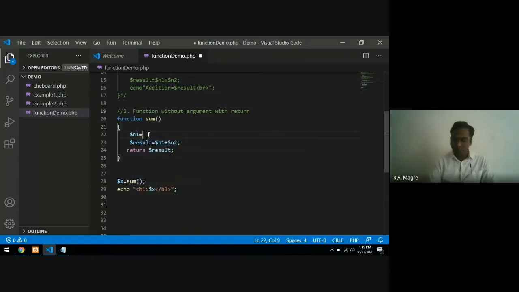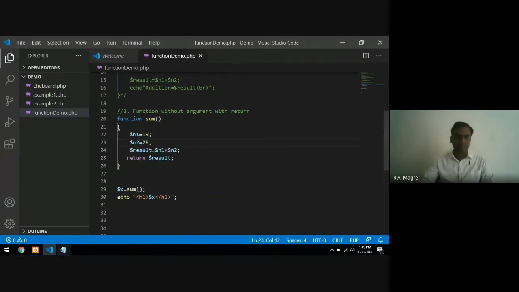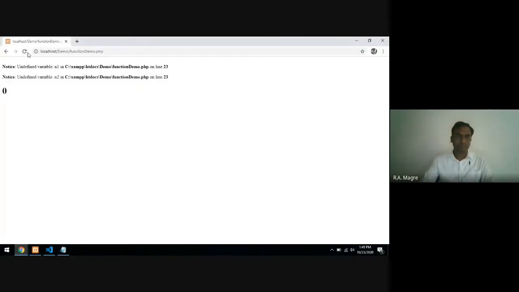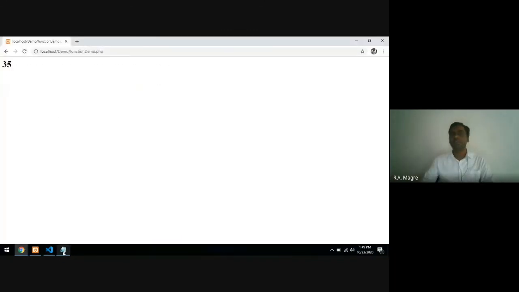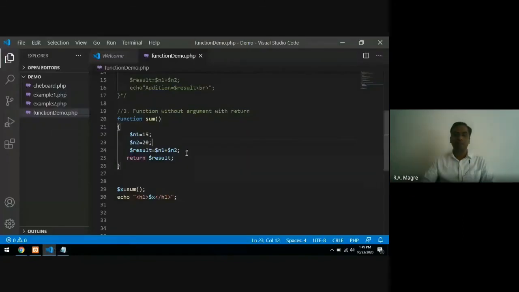It is without argument, so you have to assign values within block itself. See. And fourth type of function, that is with argument with return, which is most popular and most frequently used